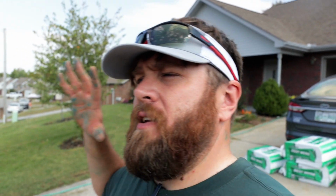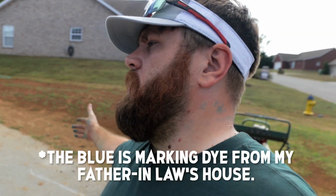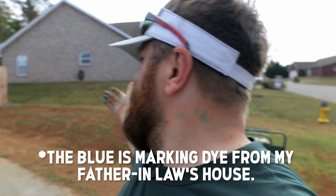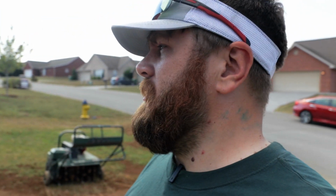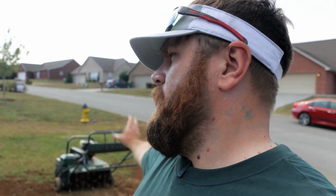Today is the big day. It's the day of all days. It's the day in which I aerate and overseed my front lawn. As you can see, I've had a couple days now with topsoil down, watering it in. Anywhere where there's topsoil, I'm not going to put the aerator, because it will just make a big mess. But there are some spots here that didn't get any topsoil that I will hit with the aerator